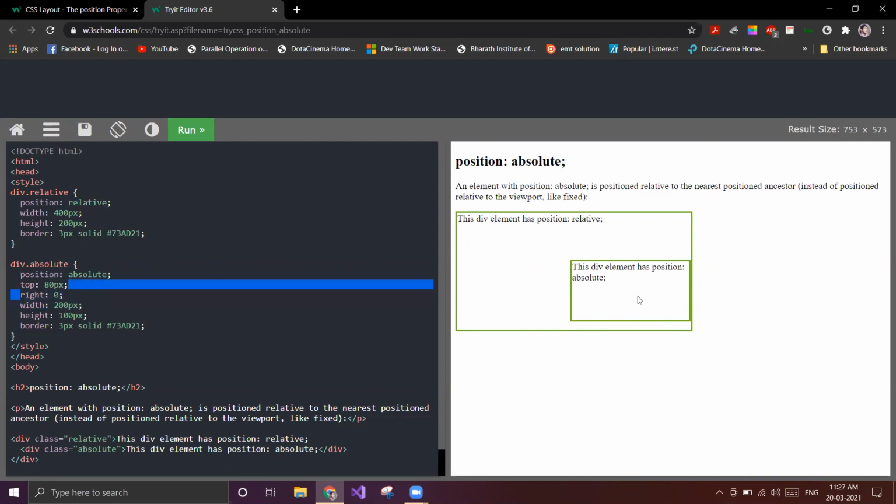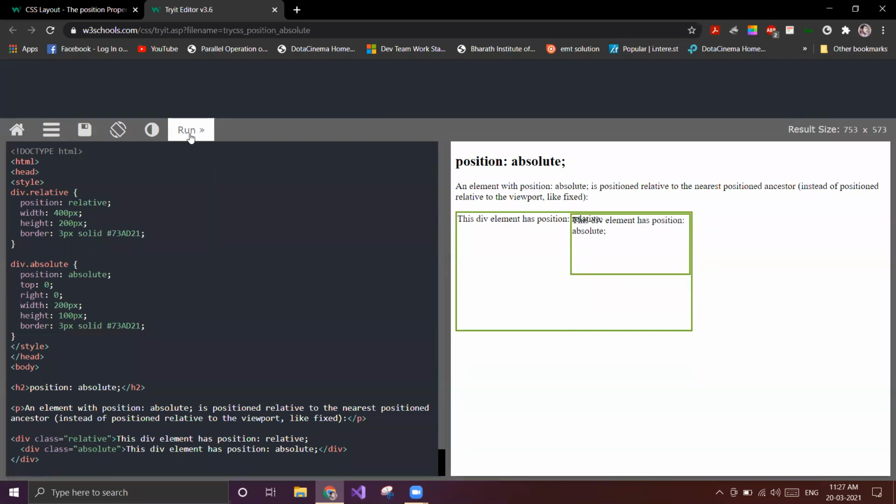Now this child element won't come out of the parent element. If I write here top 0 and right 0, it will go to the top right position, but it won't come out of its parent. Okay, this is called position absolute.